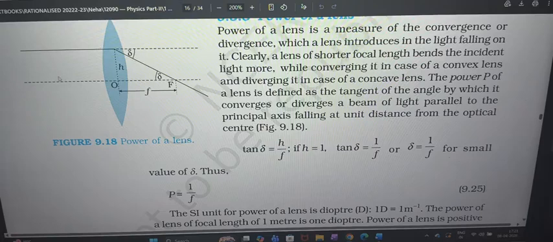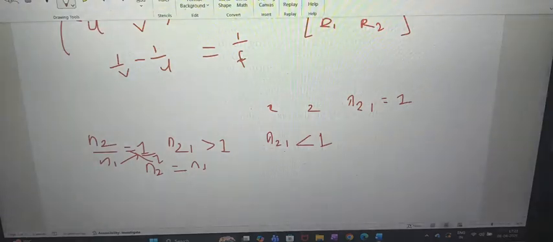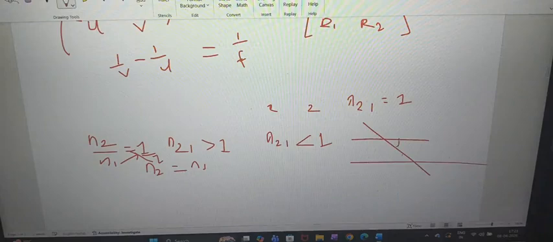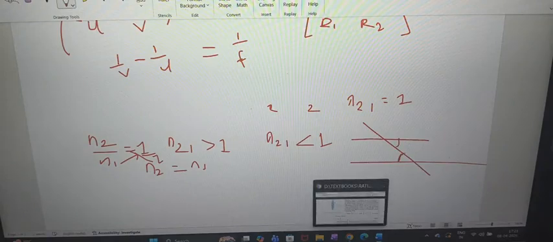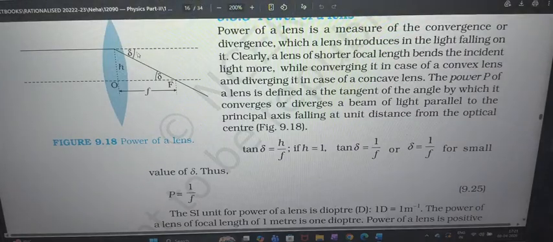Now these two lines which I have drawn are parallel. If these both are parallel, this will become alternate interior angles. Can you see this is the transversal? Whenever parallel rays are there and this is the transversal, the alternate interior angles will become equal. That is what is happening here also. So because this is del, this is also del. Then tan del will be what? Opposite divided by adjacent. I am taking this as h. Then this will be nothing but the focal length. So for unit distance, I am considering it, that's why we are considering it as 1.